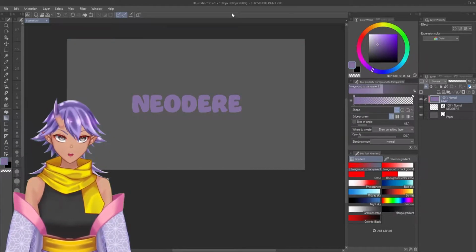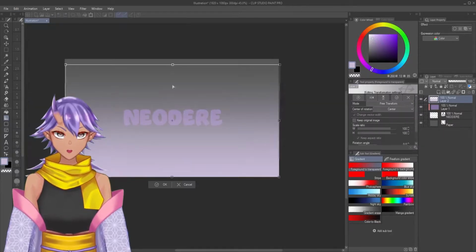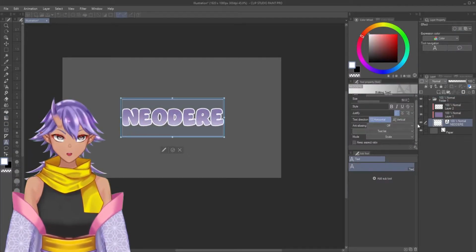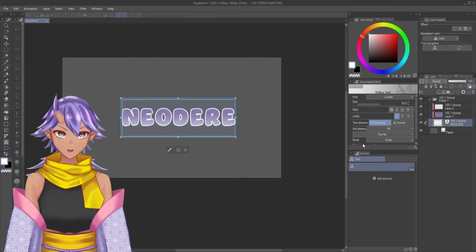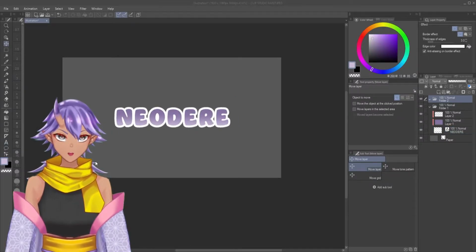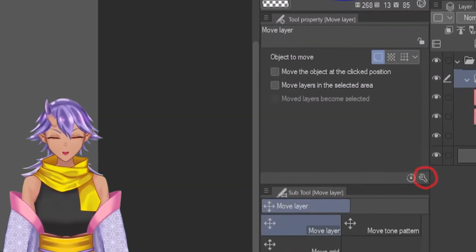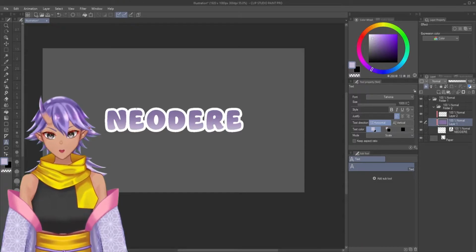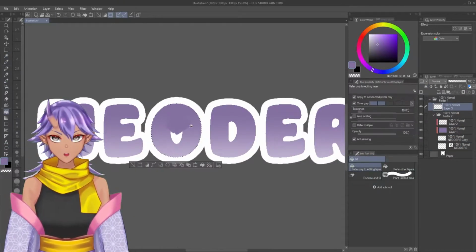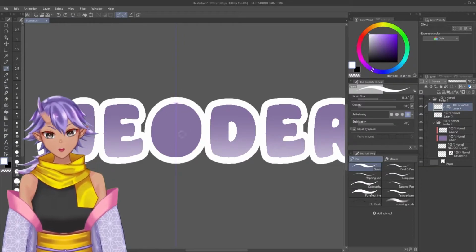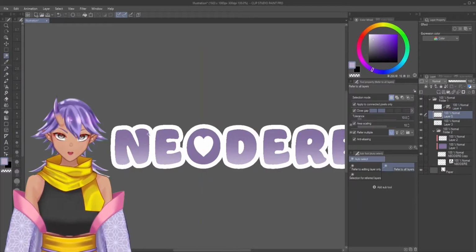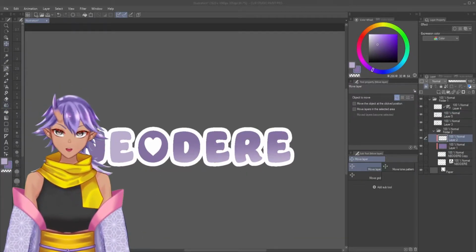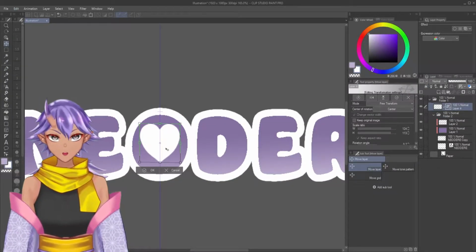Anyway, here we are. I added my text first, put a bit of gradient down there, like It's Just Corel said. I also spaced out the font. You could do that by pushing that wrench thing on the bottom right where the font information is. Added some outline, all that jazz. For the O, I decided to change the middle part into a heart, because one thing that speaks to me as myself, as this channel, is hearts.